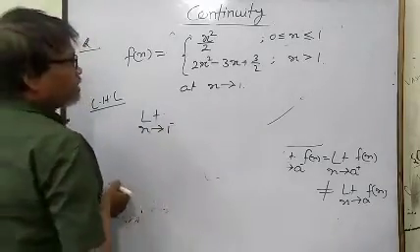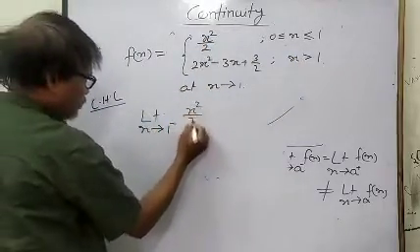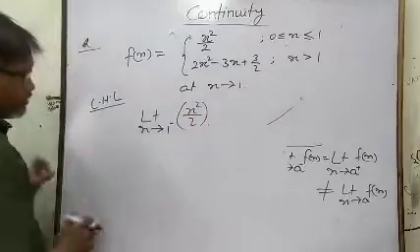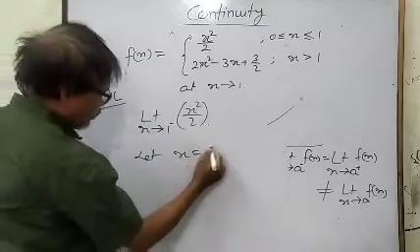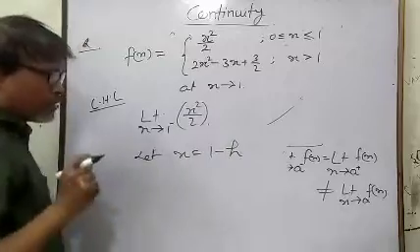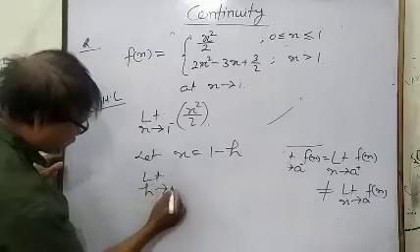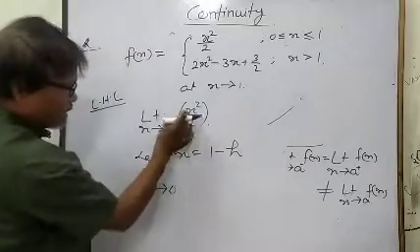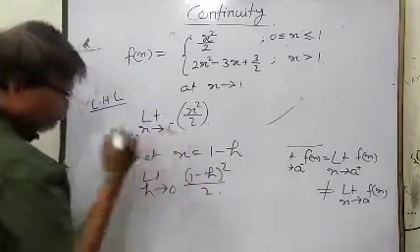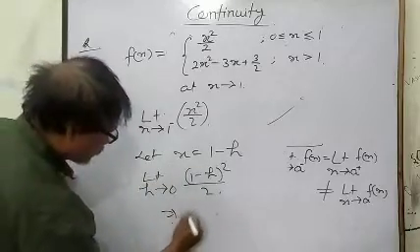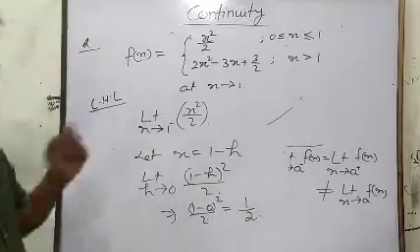But which function do we take? We take the function which is less than 1, so this is x square by 2. Then in every question, this is the generalized case: let x is equal to 1 minus h, where h is a very small value and very close to 0. So h is tending to 0. At every x you put (1 minus h) whole square upon 2. Then put h is equal to 0. So you will get (1 minus 0) upon 2 is equal to 1 by 2. This is the value of the left hand limit.